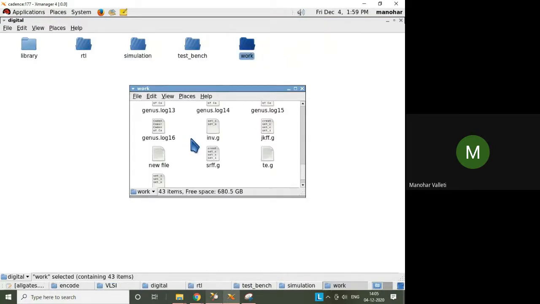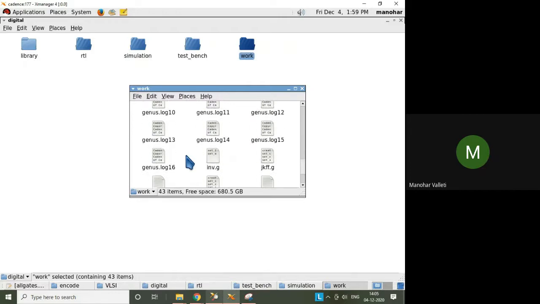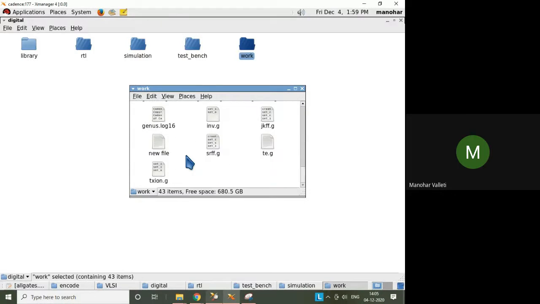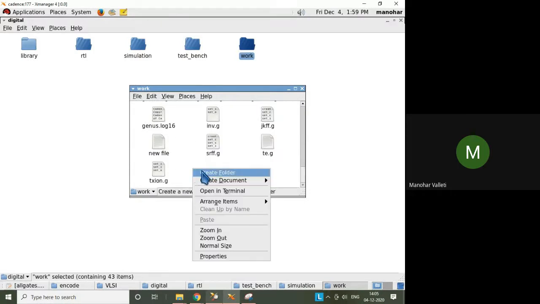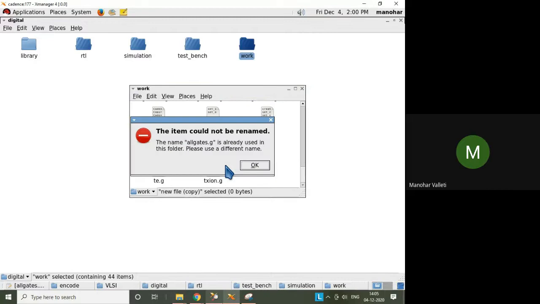You need to create a new file and create the constraints, all gates dot g.